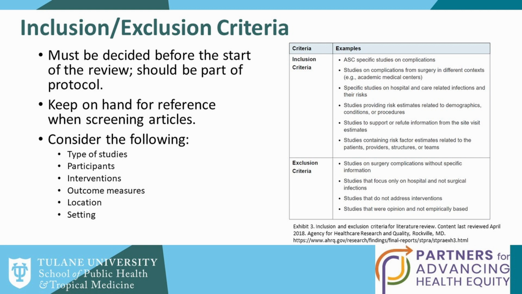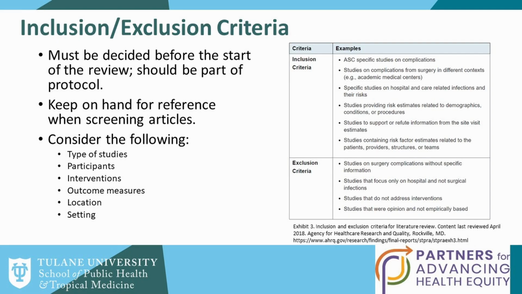And I mentioned the inclusion-exclusion criteria, and we mentioned it a little bit in the first workshop, but I just wanted to show an example of what it might look like within the context of a protocol or paper. So these must be decided before the start of the review, and just keep it on hand when you're screening articles. Exclusion criteria is everything that would make a study ineligible, and inclusion is everything a study must have, which makes